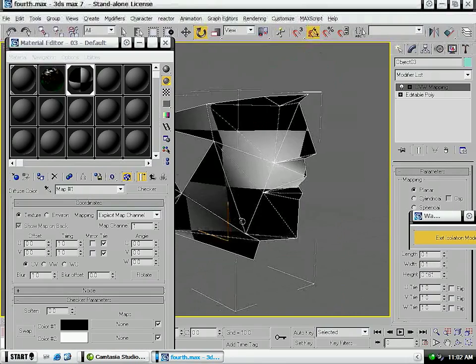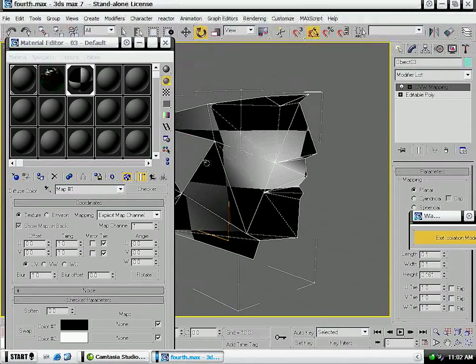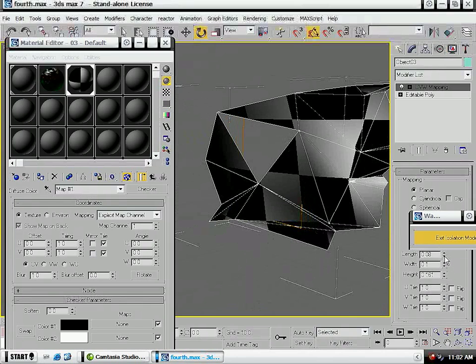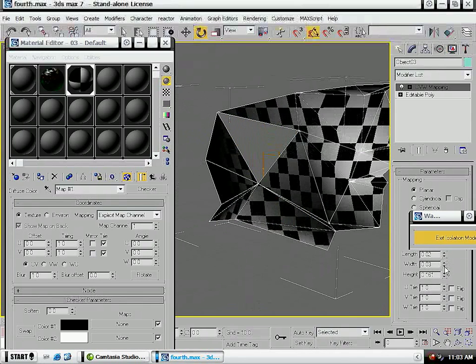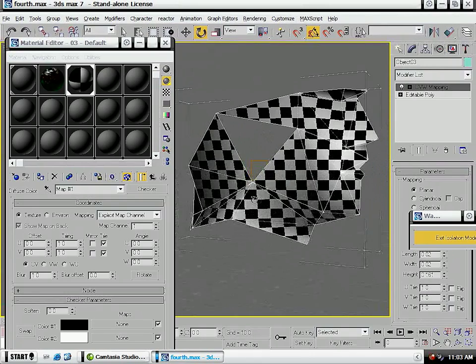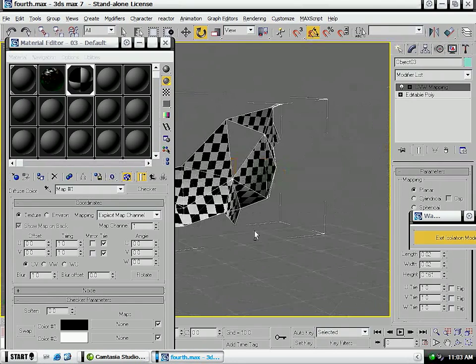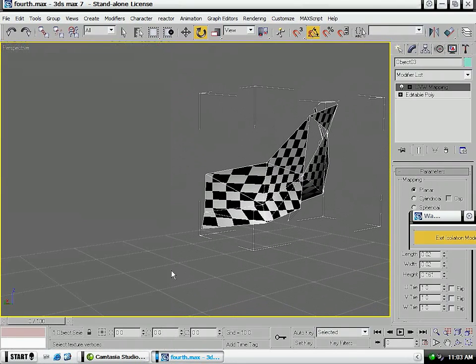Now what you'll see is that this is square over here, but over here it's a rectangle. You want to get it to the point where, see if I can make this a little clearer. See how these are all rectangles and these are squares? You want to get it to the point where everything's a square. That means there's minimal stretching or no stretching. So all you're going to do is